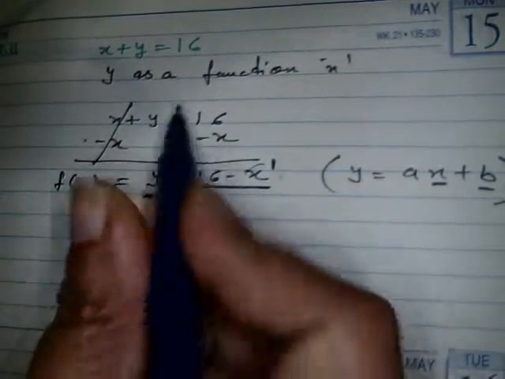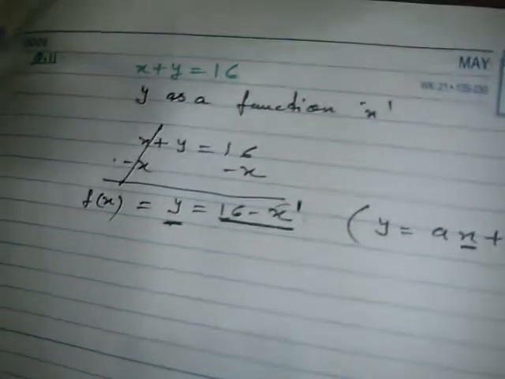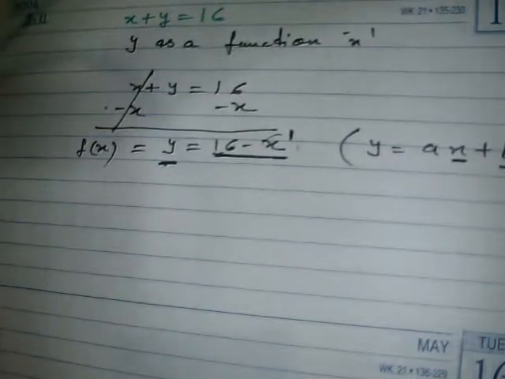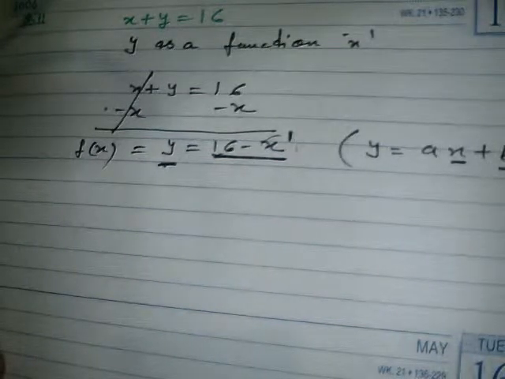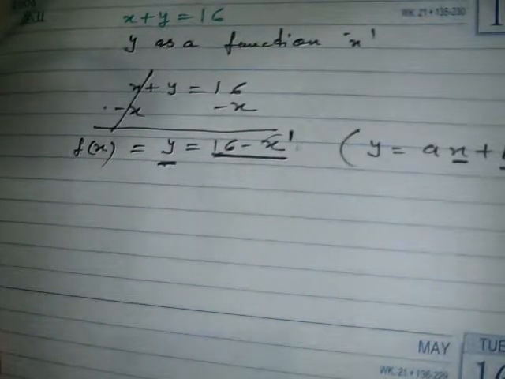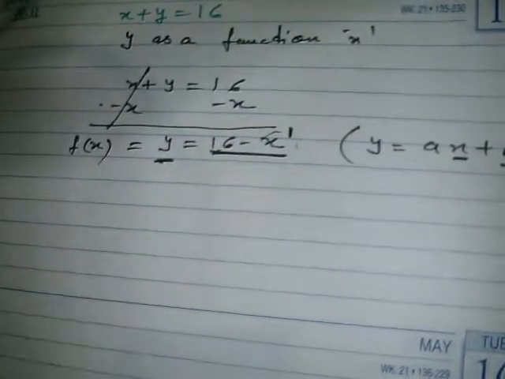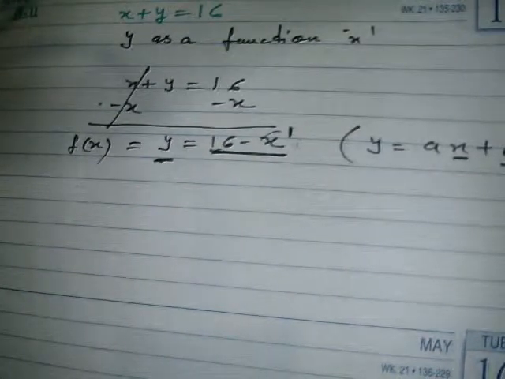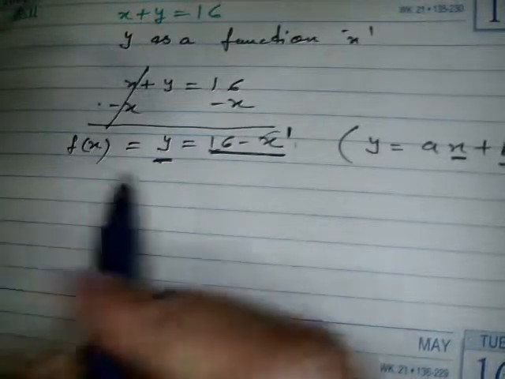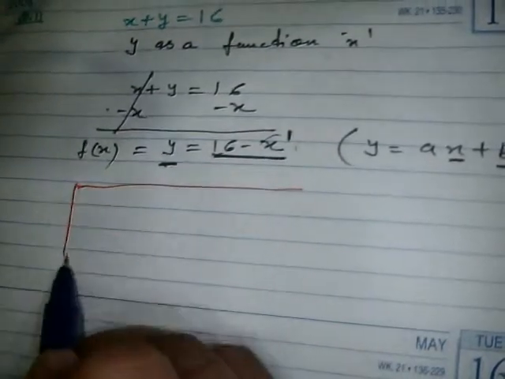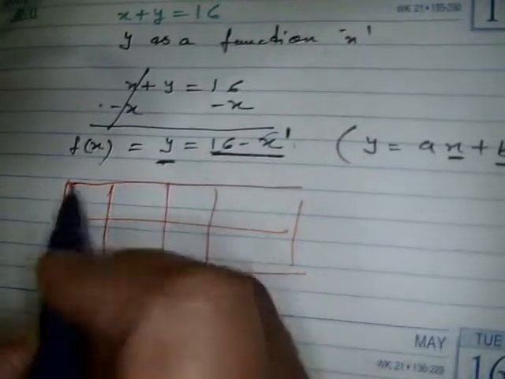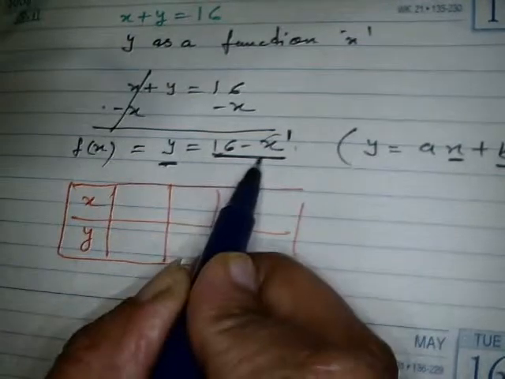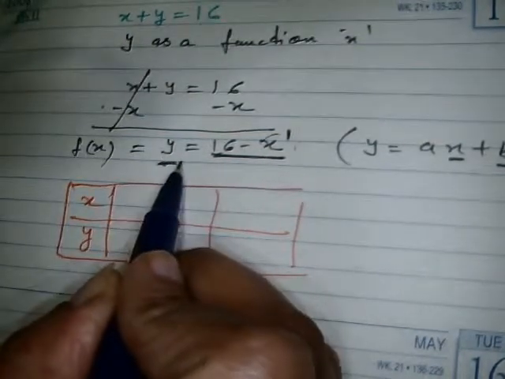Now, we have already seen in the last video that every linear equation, every linear function, is going to be a straight line when plotted. I will plot it for you to make all the points clear one more time, so I am going to do it very fast. This is the table. This is the x value I am going to plug in over here, and the y value we calculate correspondingly. Take any values from your own end.